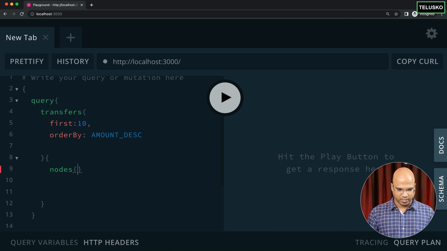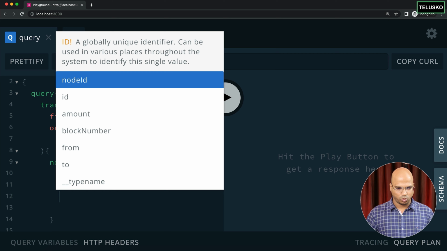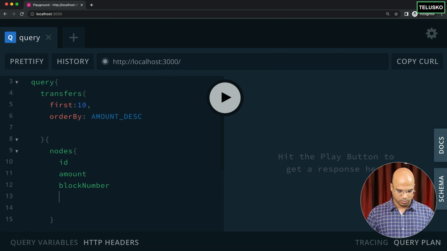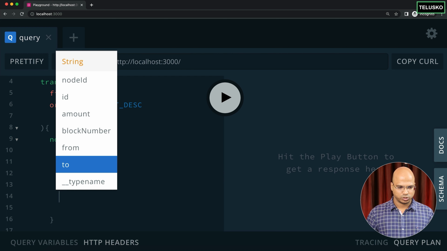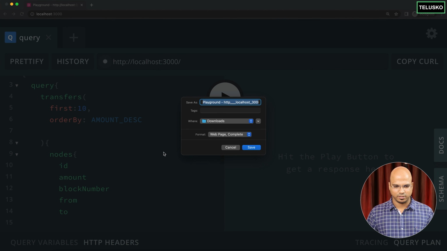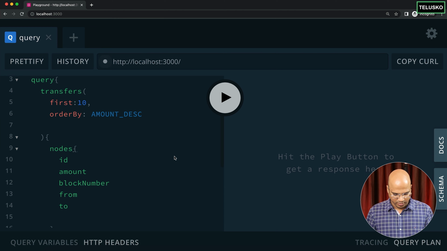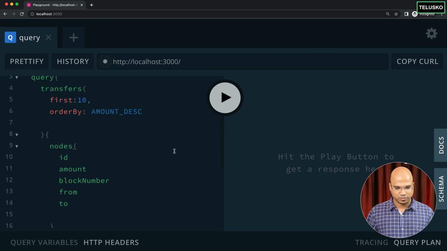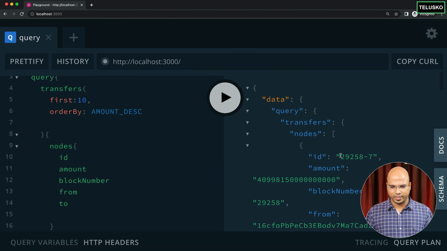But then what data do you want from the transfers? So I went in nodes, and in this you can mention what data you want. Of course, I want the ID. I want to get the amount. In fact, we have mentioned all those things there, right? I also want a block number. I also want from, and I also want to. That's it. I want all this detail. And of course, only those details we have asked our GraphQL to fetch. Now, if you got everything, just say run and it will give you the data.